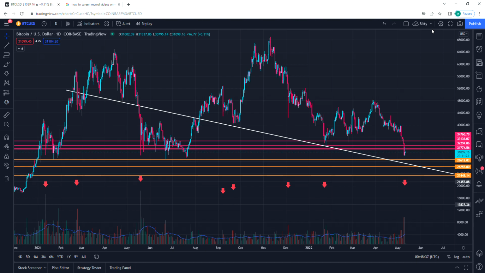Hey guys, so I wanted to go over this capitulation theory that I was talking about earlier. I went ahead and marked all of the red volume bars that I noticed were sticking out or were more significant than the others, in case you can't see them in your video. I'm not sure if you're watching on a small screen or not, but basically, the way I do my analysis